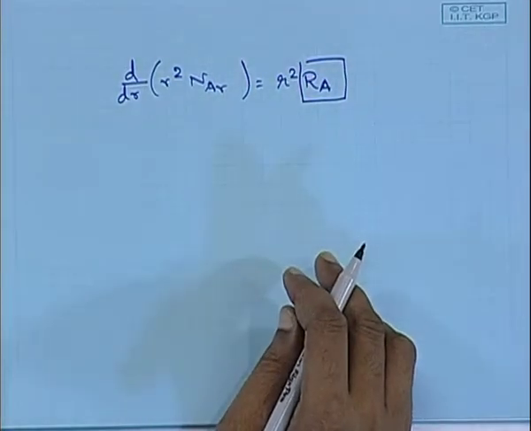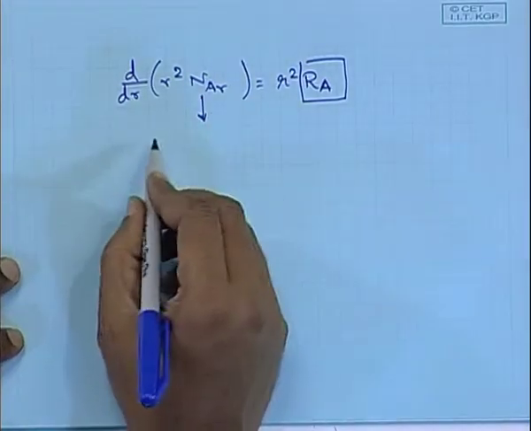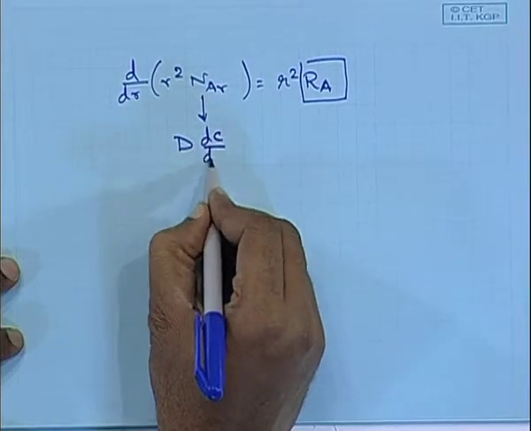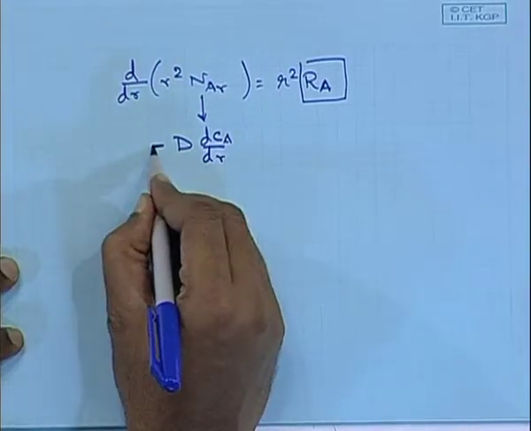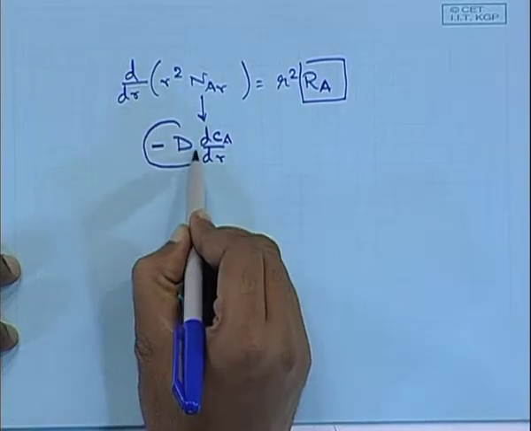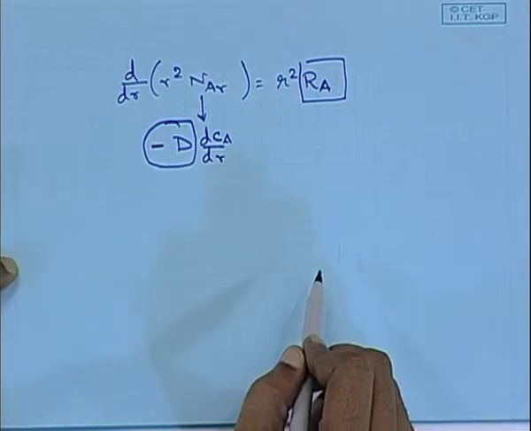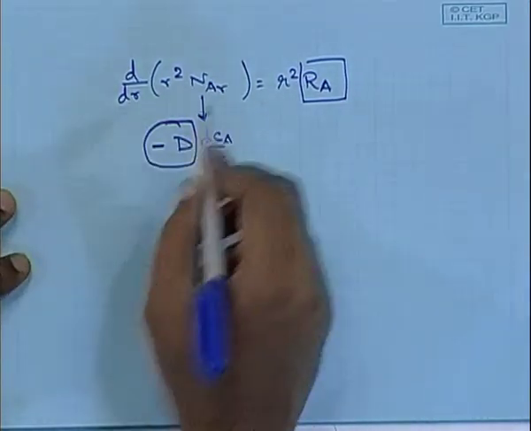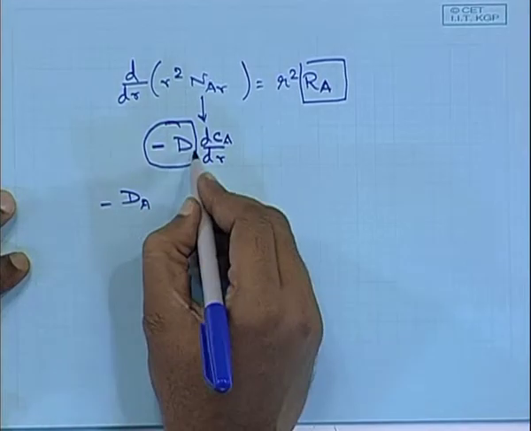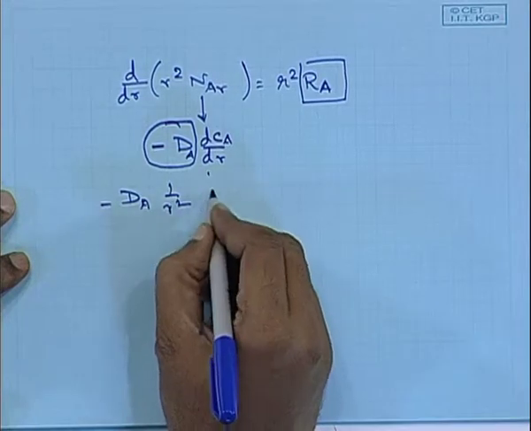Now, we understand that whenever we are going to replace this with minus dCA dr, since it is a diffusion only process, this is an average diffusivity. So, simplification of this equation would simply give you DA, that means diffusivity of A inside the pores, 1 by r square